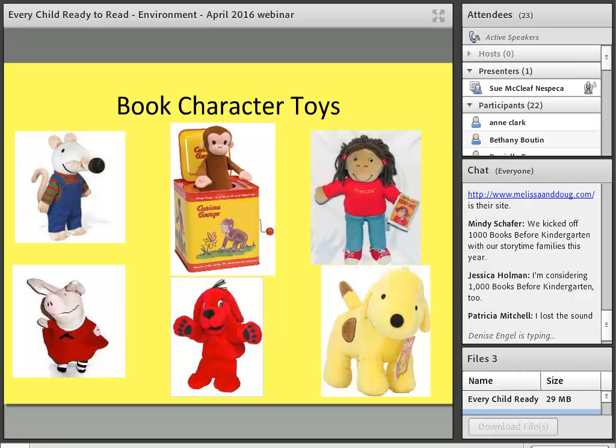Let's see, we got some comments going here. Yes, we were going to talk about the 1,000 books. That's coming up. Okay, Bethany did find